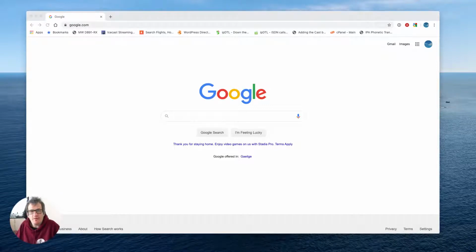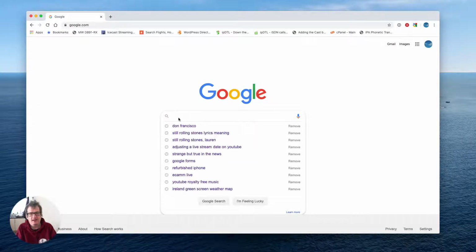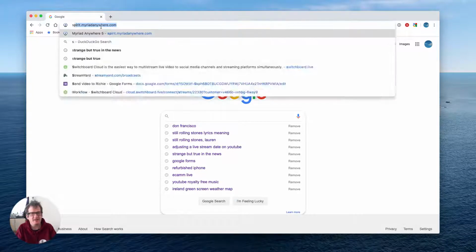Okay, so open up your Chrome browser. I'm here using Chrome, you'll most likely be presented with the search page to start with, or your start page. And you're going to put in the URL or the address. Now, do not type it in down here. Don't type it in down there in the Google box, but instead put it into the address bar up here. And so you can type